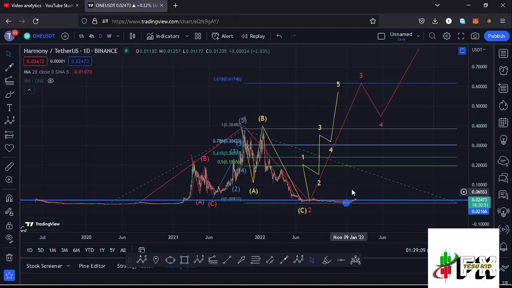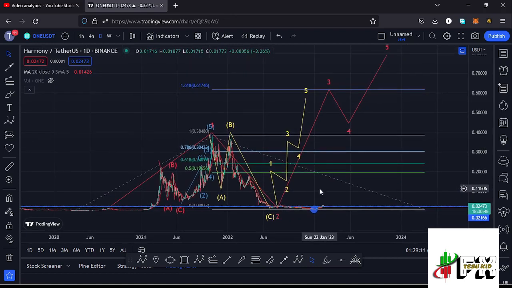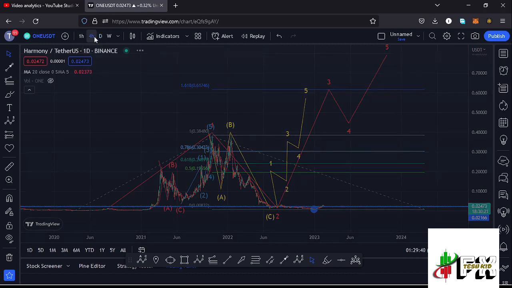After the formation of the second wave, what we expect on the long-term scenarios is a bounce to the upside in the formation of wave 3. Here on the daily chart, I also have a target area to the upside for wave 3 at the fib level 1.618, at around the $0.61746 mark, and that is the minimum I'm expecting HARMONYONE to do on the long-term scenarios. I'm also expecting a 5-wave structure, with wave 5 fully maximizing the formation of wave 3 to the upside. And I believe we are seeing such a move here on the 4-hour chart.